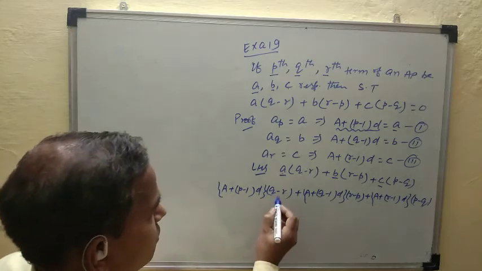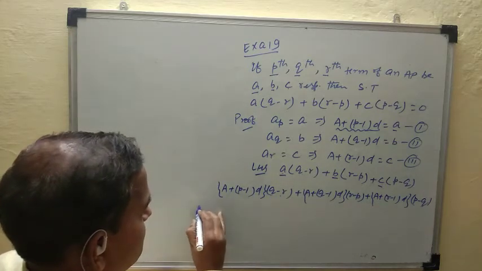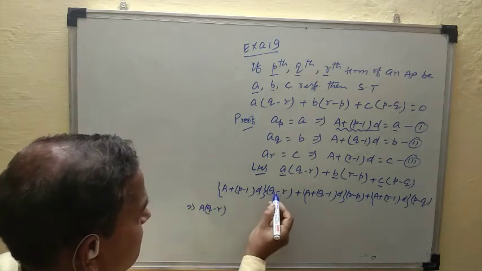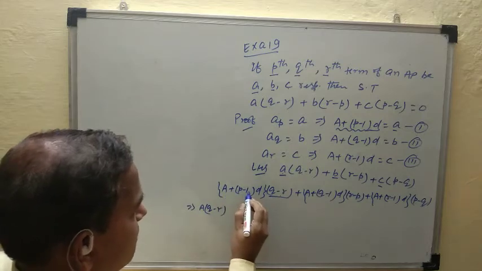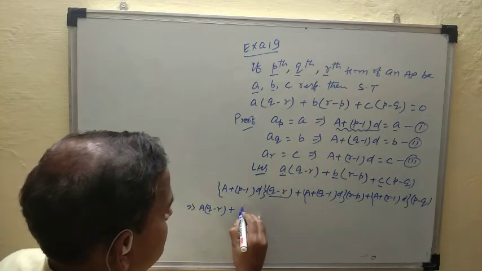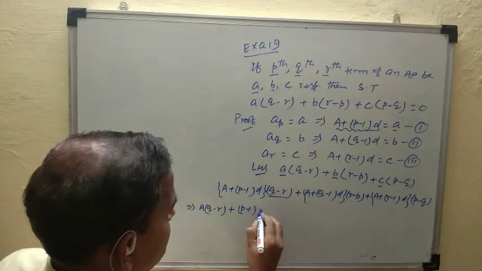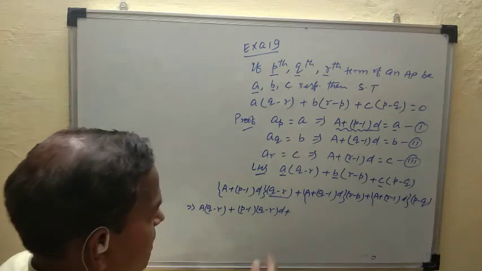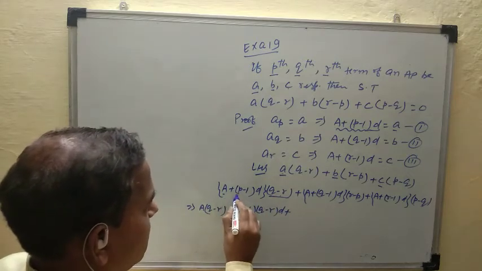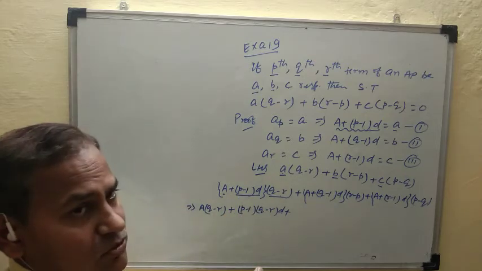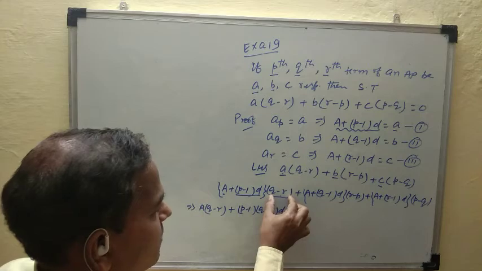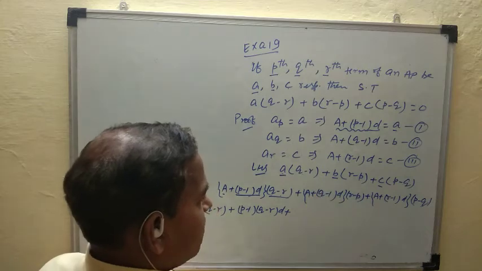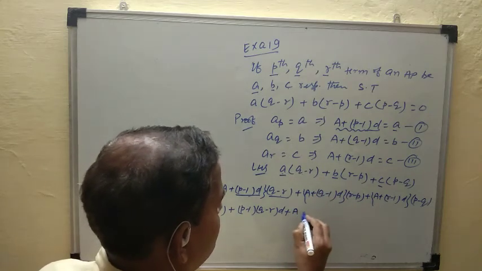First this (Q minus R) multiply in A, so this can be written A into (Q minus R). यह टर्म को पहले A इंटू किए, देन इंटू दिस, सो प्लस (P minus 1) इंटू (Q minus R) इंटू D. आप यह टर्म को दोनों में इंटू किए, ब्रैकेट ओपन अभी नहीं किए हैं, दोनों टर्म कंबाइंड फॉर्म में मल्टीप्लाई किए हैं. सिमिलरली यहाँ भी दोनों टर्म को कंबाइंड फॉर्म मल्टीप्लाई कर दें. So A into